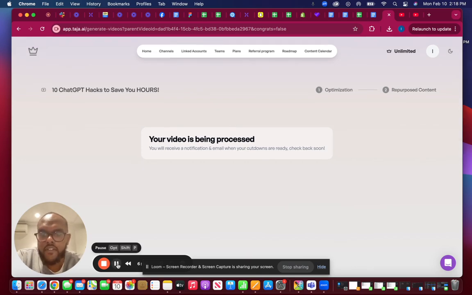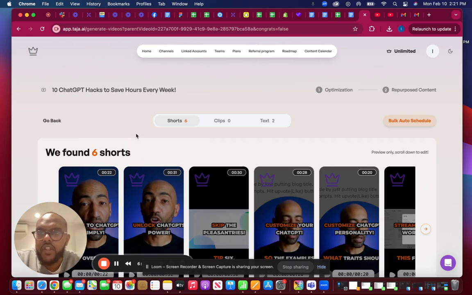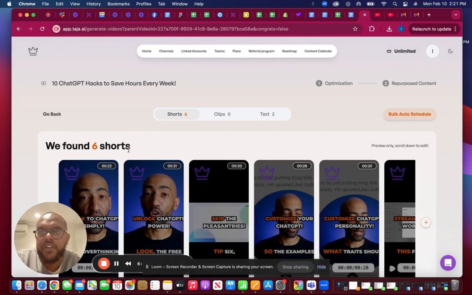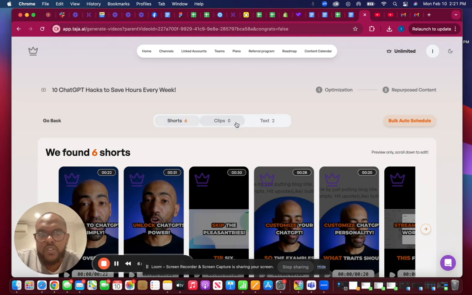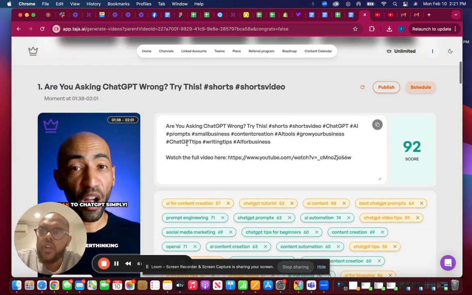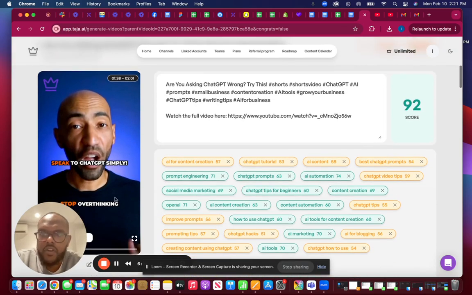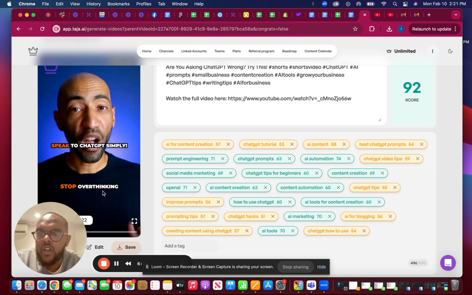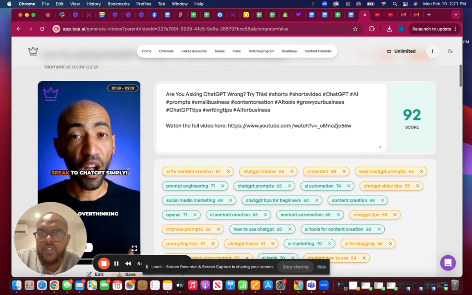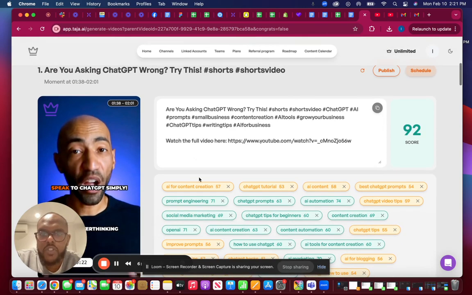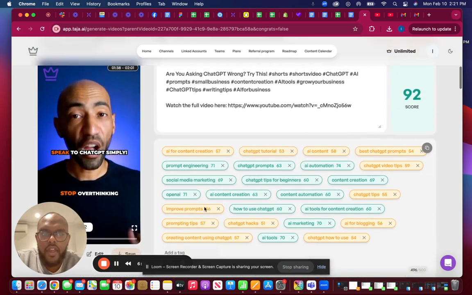text-based content. Okay, so it finished generating and it found 6 shorts for us. So I found shorts, clips, and then text-based content. So I'll show you all that. So for the shorts, what it does is it zooms in on the speaker, creates the title, creates the captions, all that stuff. And then with each one, it gives you a title, description, tags, all that, and as well